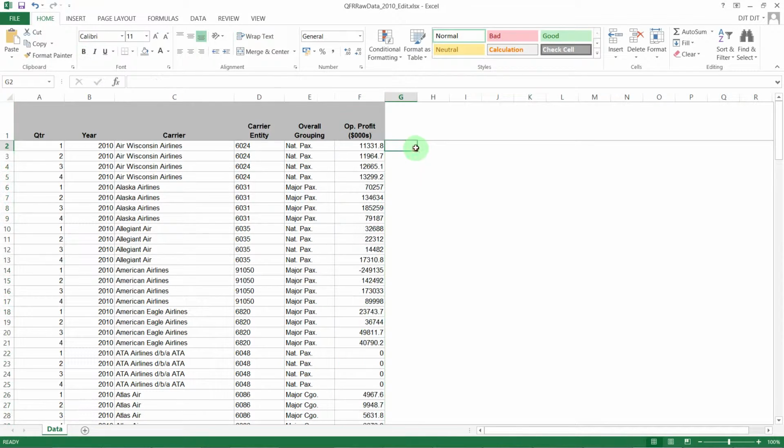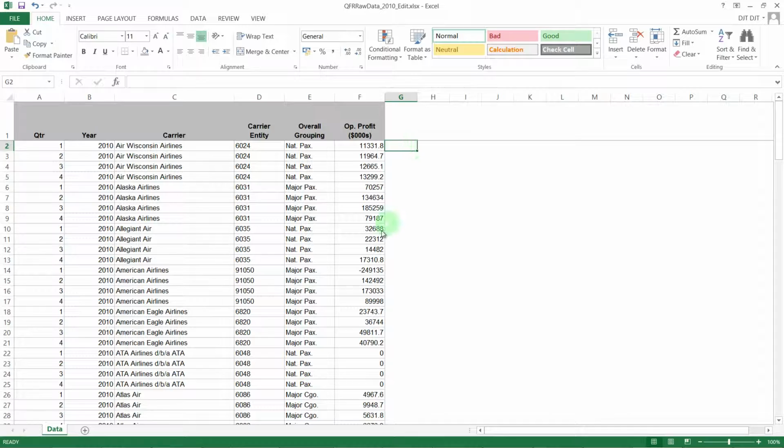So this is perhaps not the most useful table in its current form. You know, it's kind of difficult to work out what's going on. You've got quarters all kind of mixed up and all this sort of thing. So in order to simplify that and make a bit more sense of it, we're going to